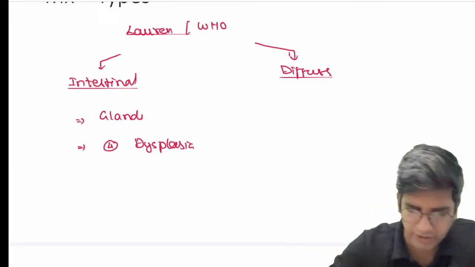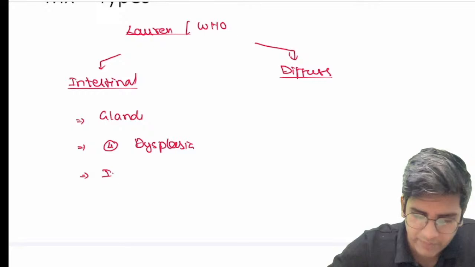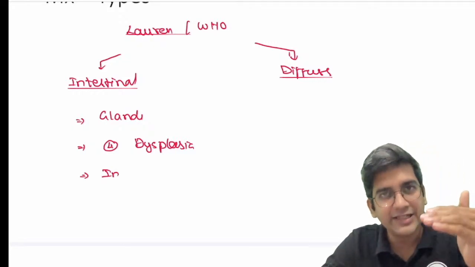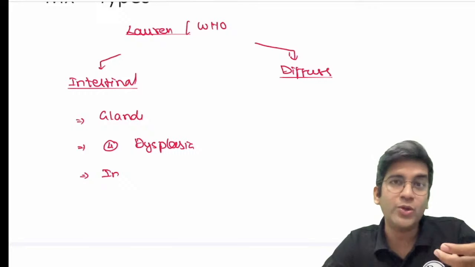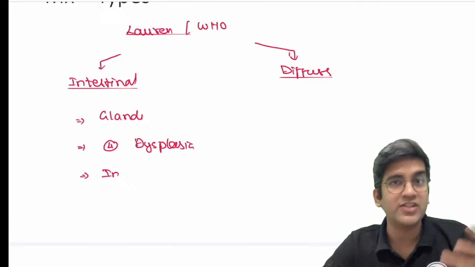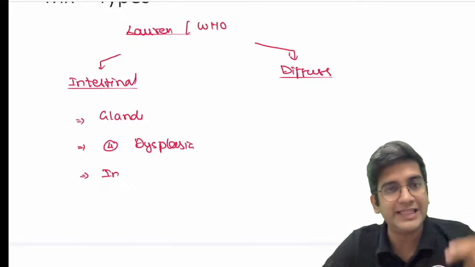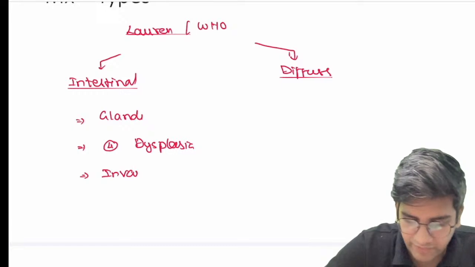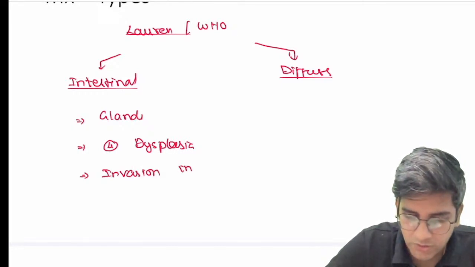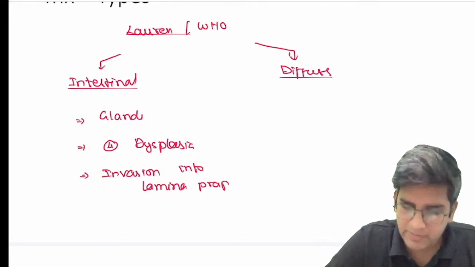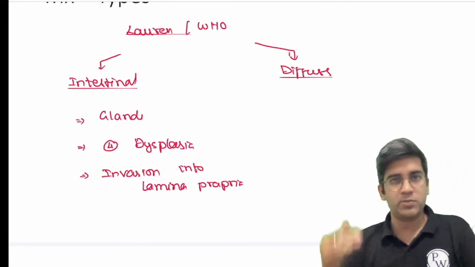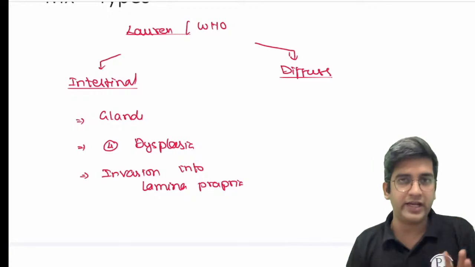You should have invasion, right? Here, invasion is into the lining next to my epithelium. What's the layer called as? Here, I don't have dermis like skin. It's GIT. What's the layer next to the epithelium called as? Okay, I'll have invasion here into lamina propria. Invasion into lamina propria, that's past the basement membrane primarily. Below the basement membrane, I have a structure called lamina propria. It goes into that. We call it invasion, right?